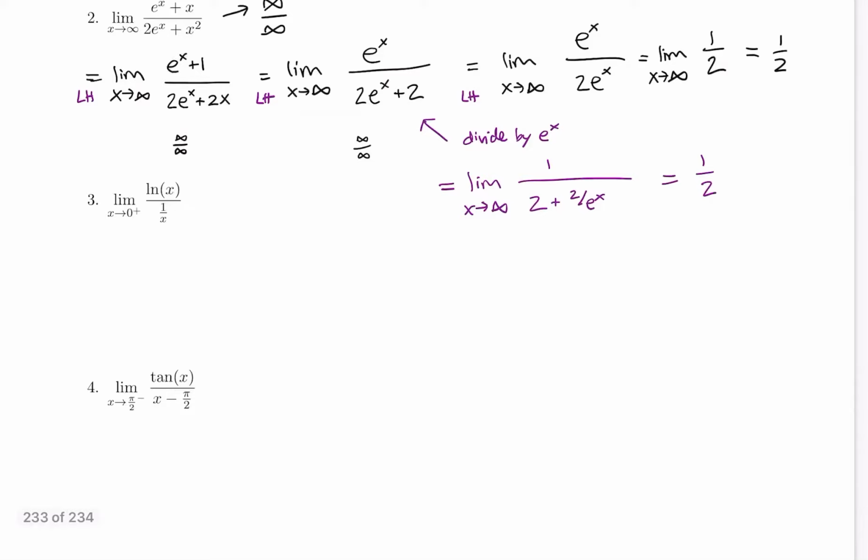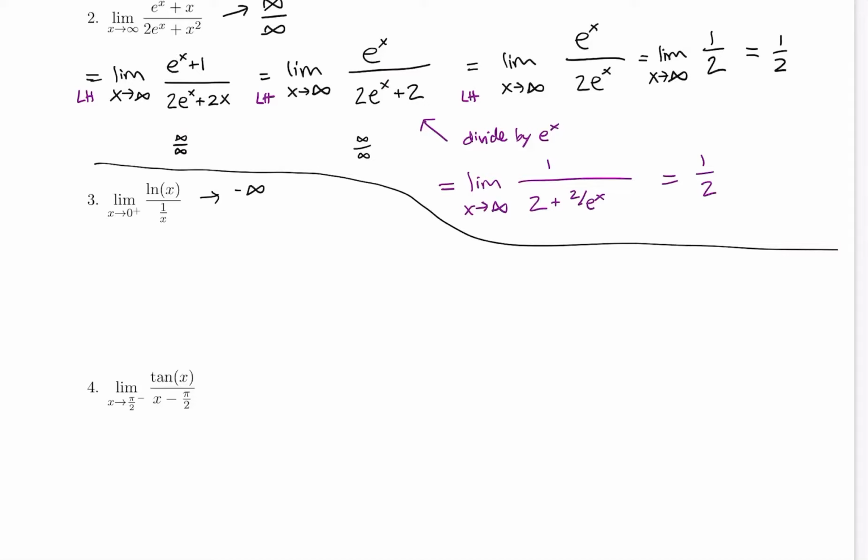Okay, so for this next problem, natural log of x over 1 over x, as x goes to 0 from the right side. Well, natural log of x as x goes to 0 from the right is going to be negative infinity. It has that vertical asymptote there. And then 1 over x as x approaches 0 from the right will be a positive infinity. And so L'Hopital's rule still applies here. Even though it's negative infinity over infinity, it still has that infinity over infinity indeterminate form. So I apply L'Hopital's rule,